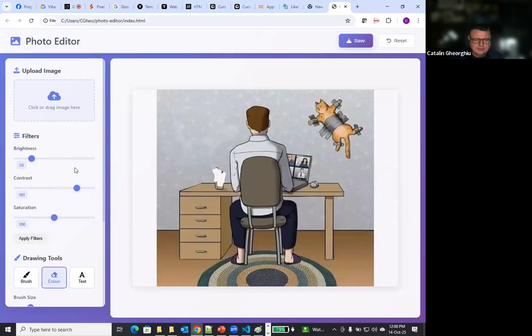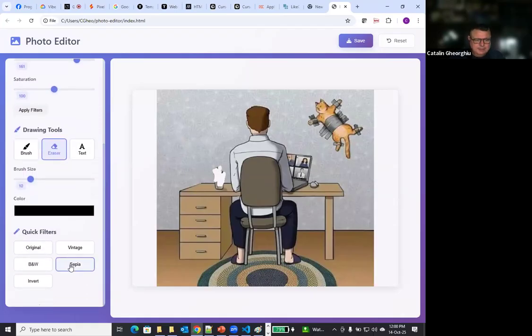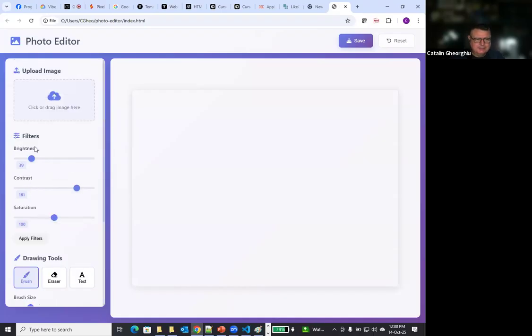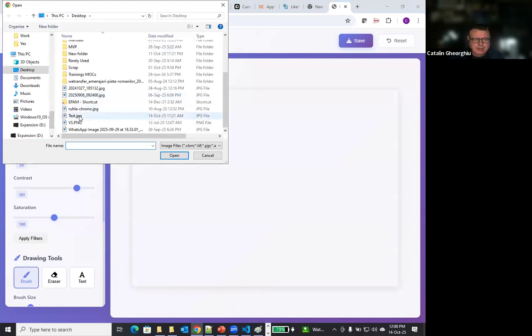We are not using this anymore. And let's get the sepia filter. Or this did not work that well, but generally we have it.